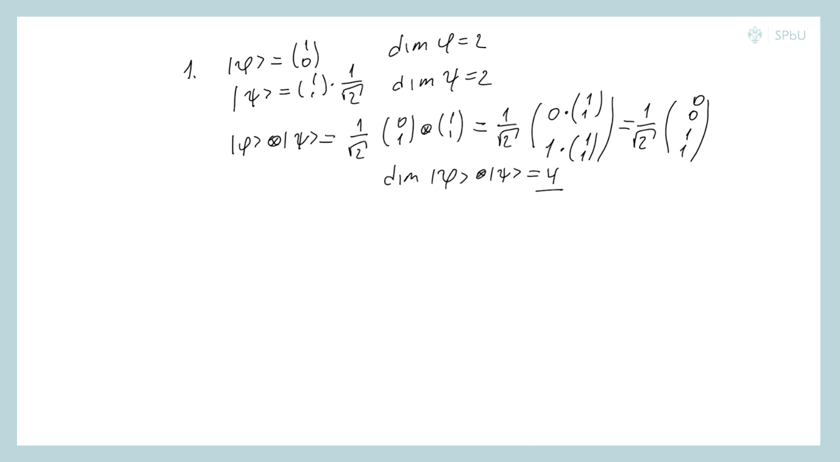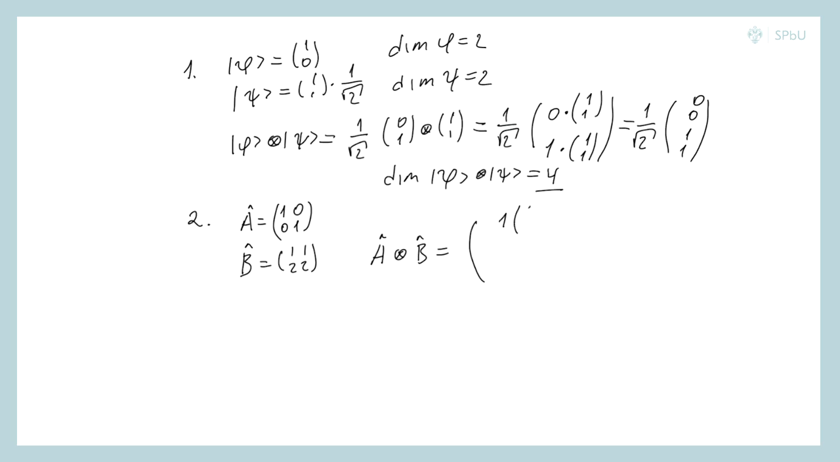Secondly, we consider the tensor product of two operators. The first operator A, for example, equals the identity matrix (1, 0, 0, 1), and the operator B equals (1, 1, 2, 2). So, the tensor product of the two operators A and B equals